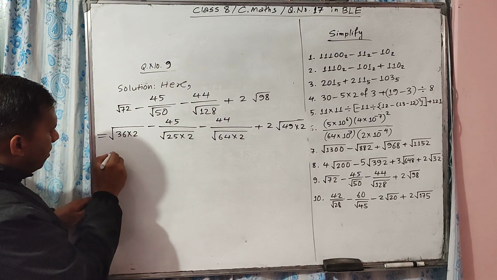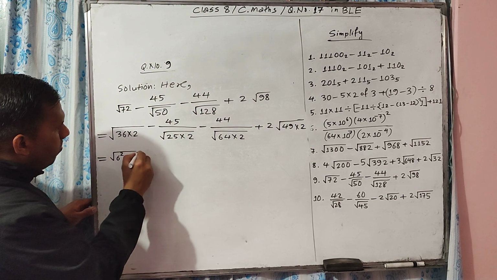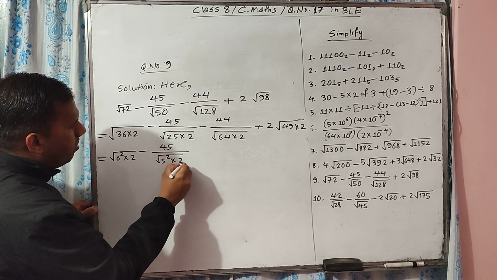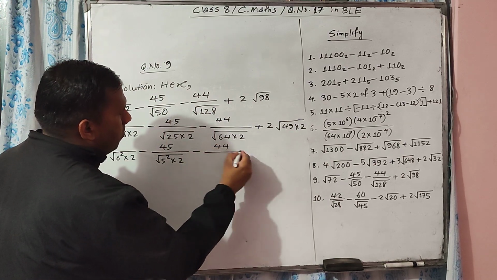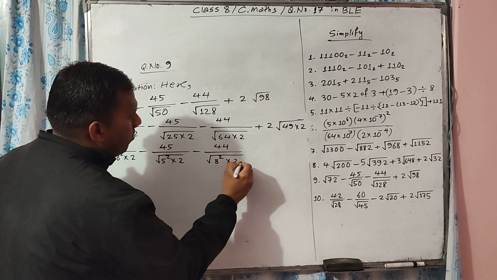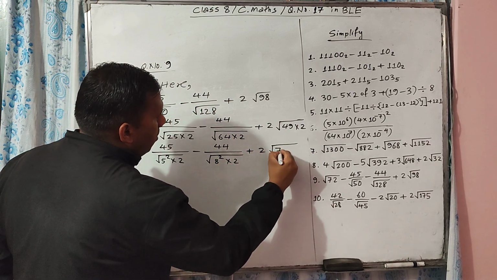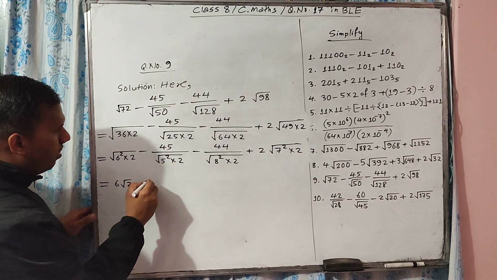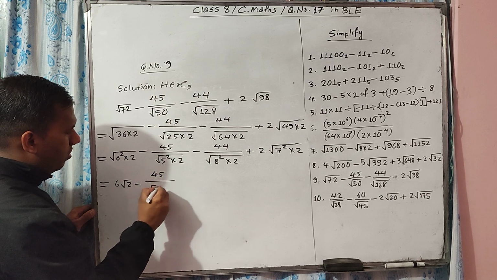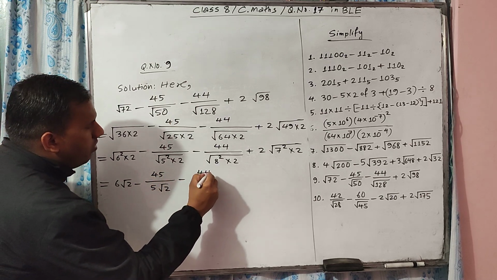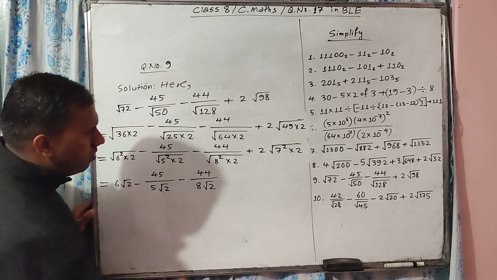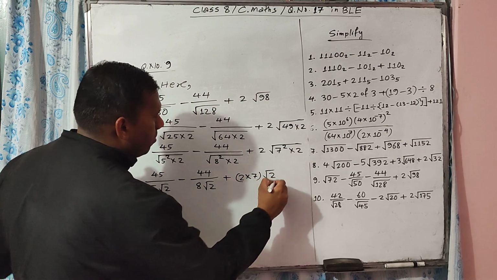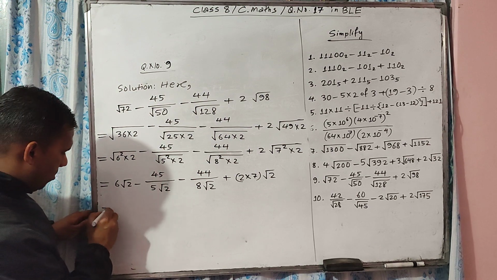Now this is equal to the square root of 6 square times 2 minus 45 upon square root of 5 square times 2 minus 44 upon square root of 8 square times 2 plus 2 square root of 7 square times 2. This is equal to 6 root 2 minus 45 upon 5 root 2 minus 44 upon 8 root 2 plus 2 times 7 root 2. This is equal to 6 root 2,